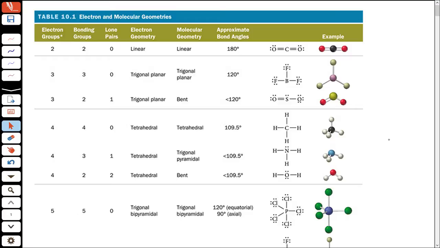Because just like anything else, depending on the compound, it's going to be a little bit different. So I don't know why we always have to go up to 109.5 there. I just think about it as about 110. Can we say in a test 110? Yeah. Or a quiz? Yeah, you